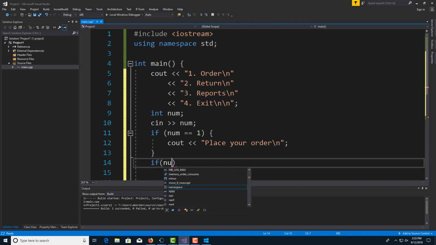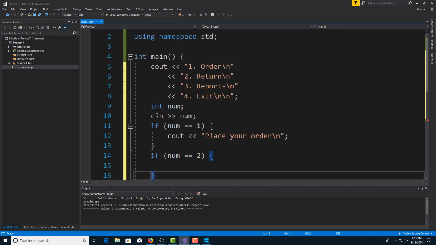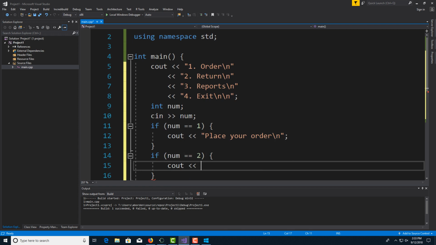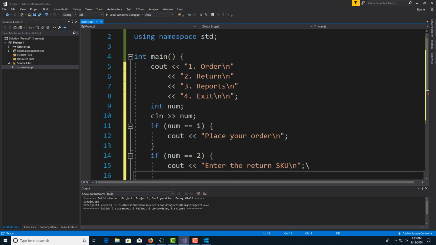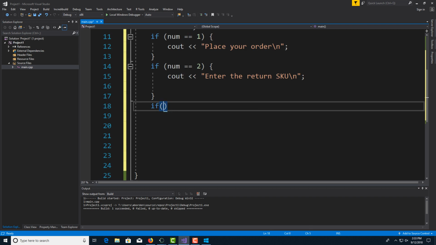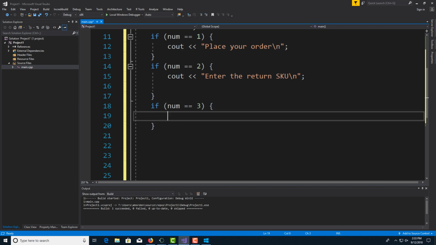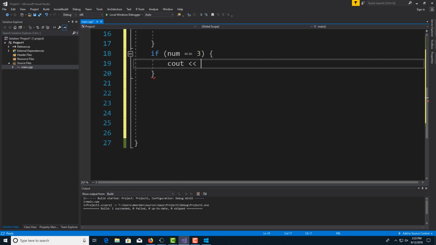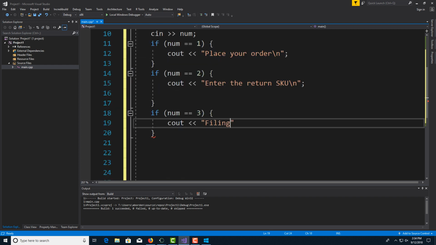And I could write an if statement for each one of these. I'm just going to write something in here to show that it works,